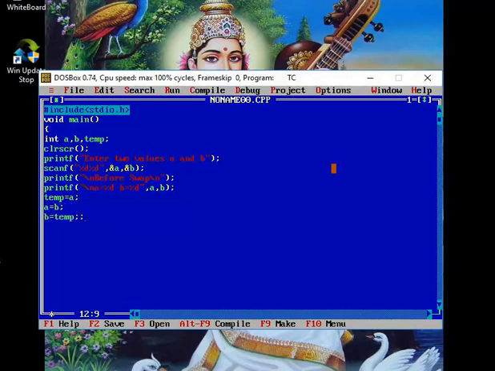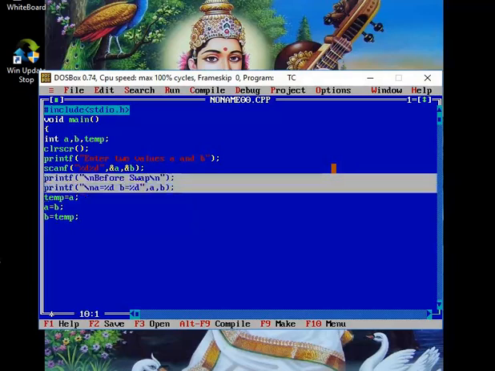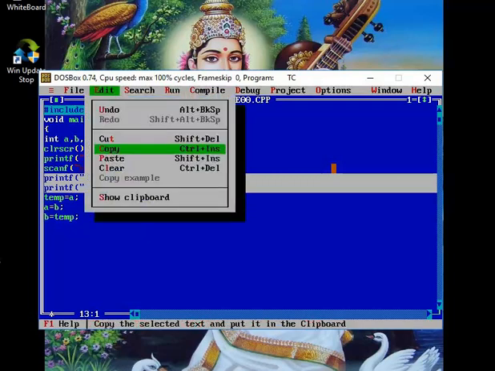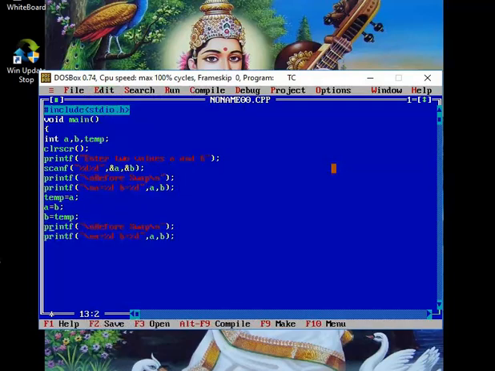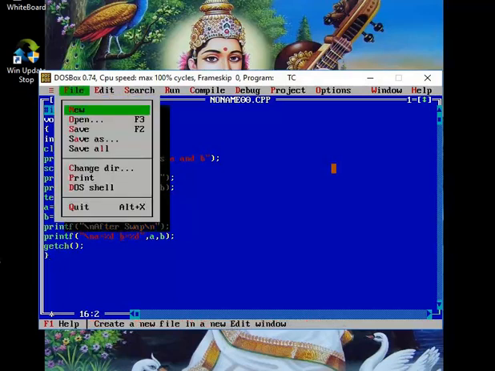Afterwards what you need to do, printf. You can copy paste. How to do copy paste? Select these two, go for edit menu, copy. Here you want to paste, edit and paste. Ctrl KH to unselect. Instead of before swap, write after swap. Okay, we show, then we wait, then save the file